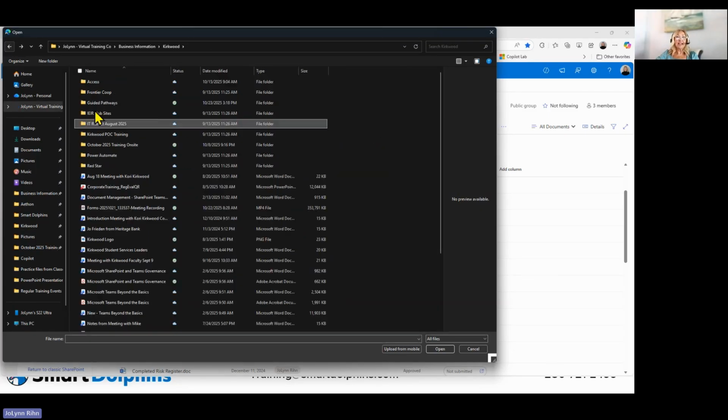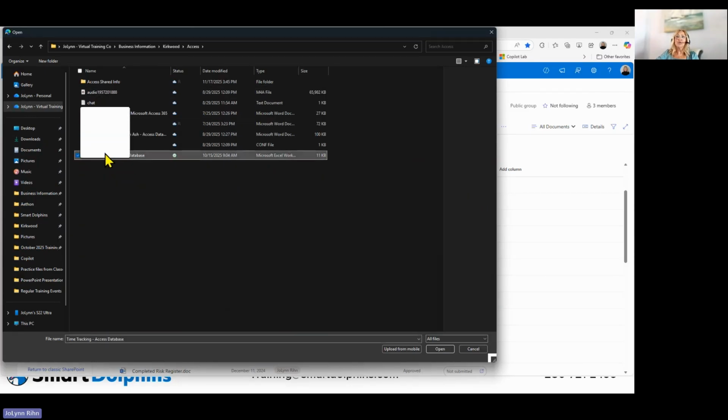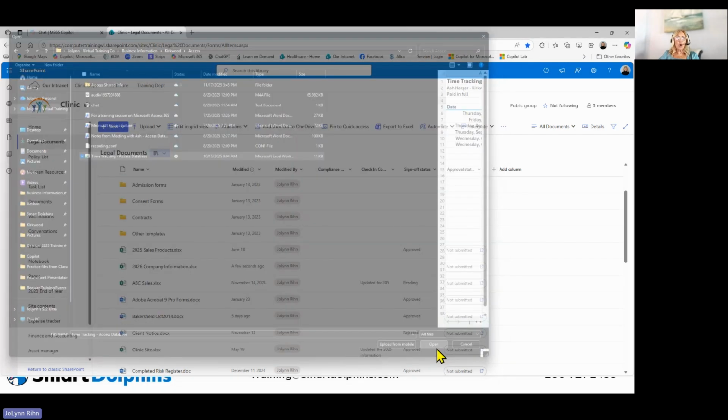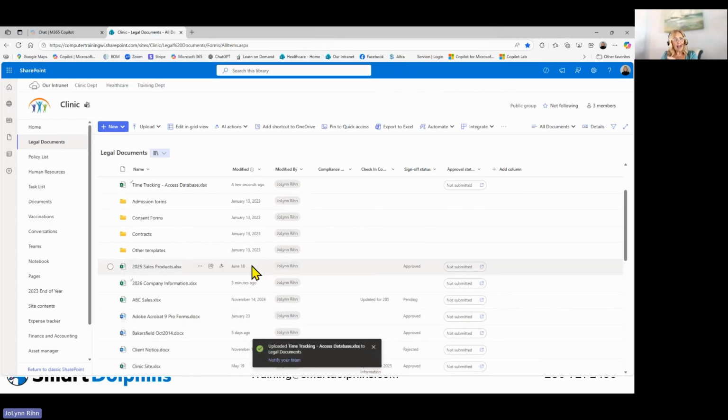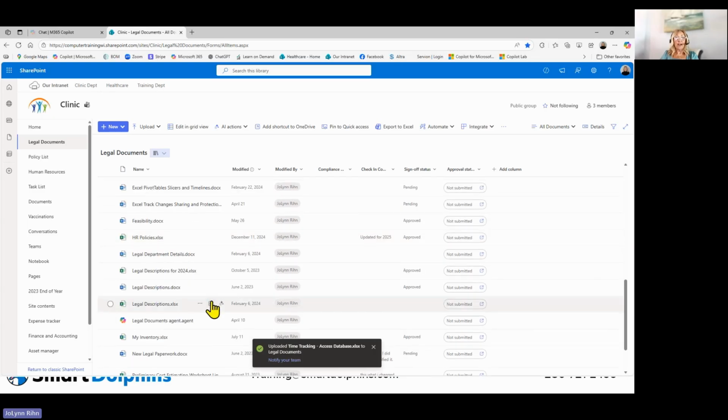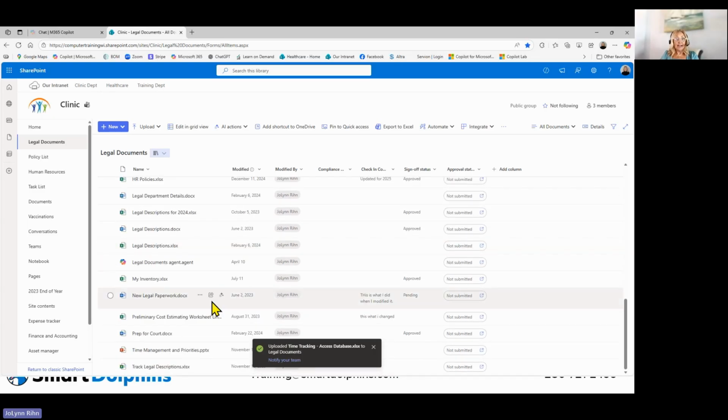So just so you can see, I can navigate to anything. So let's say that I go to this file. I want this Excel file. I'm going to click open. It just made a copy of that file and put it in the document library. So now I have access to that file here within the document library. So now I can work with that file and it's in the cloud, which means